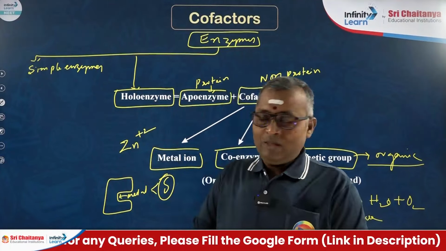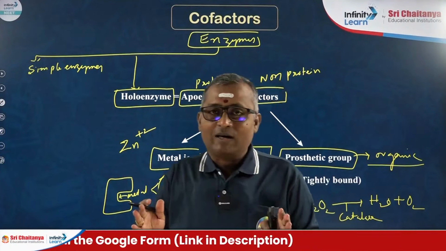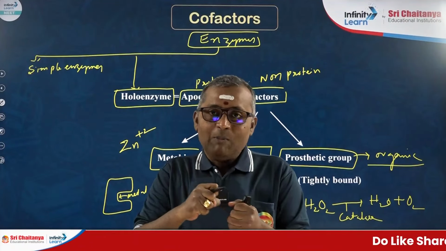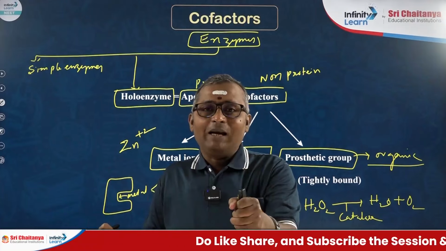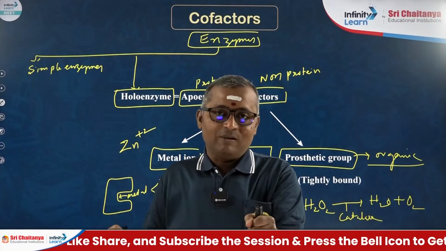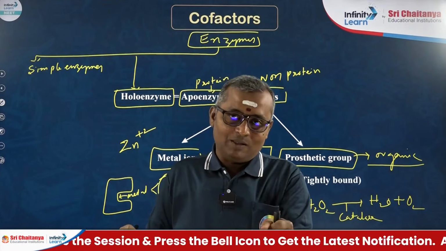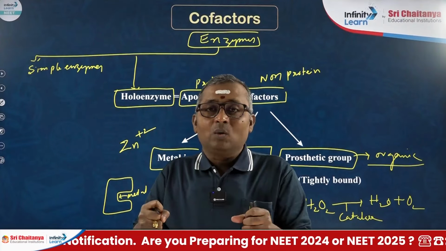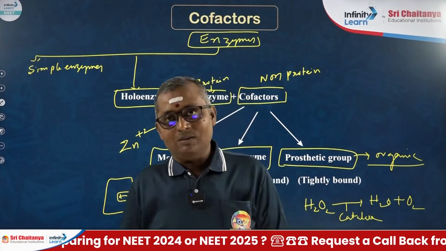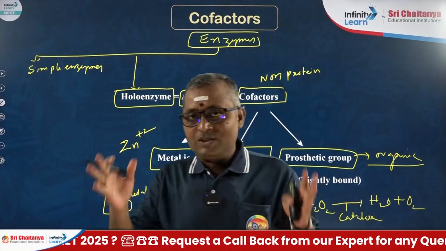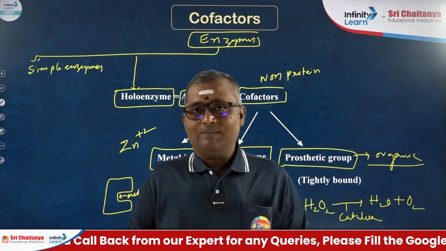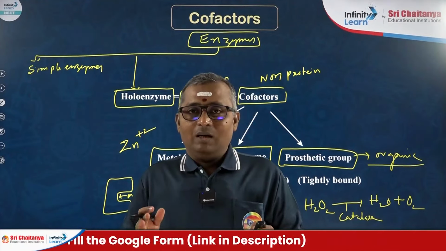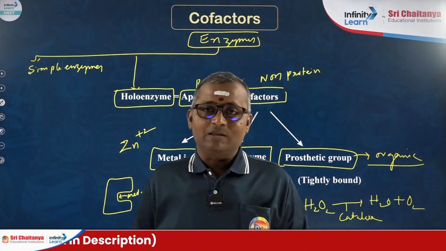the carboxypeptidase enzyme. The most important aspect of these cofactors is that if the cofactor is removed from the apoenzyme of the enzyme, the enzymatic activity gets shut off. The enzyme cannot carry out its activity. So this proves that the cofactor is very essential to carry out the enzymatic reaction. This is what we can see with regard to cofactors. This is about enzymes and other details of the enzyme, and we'll discuss the remaining things in other classes. Thank you.